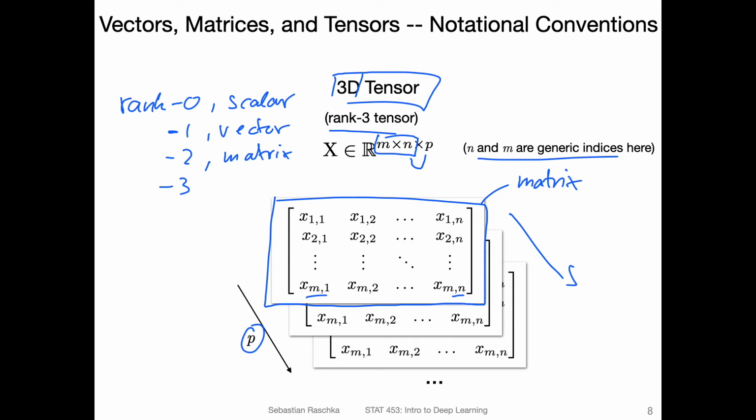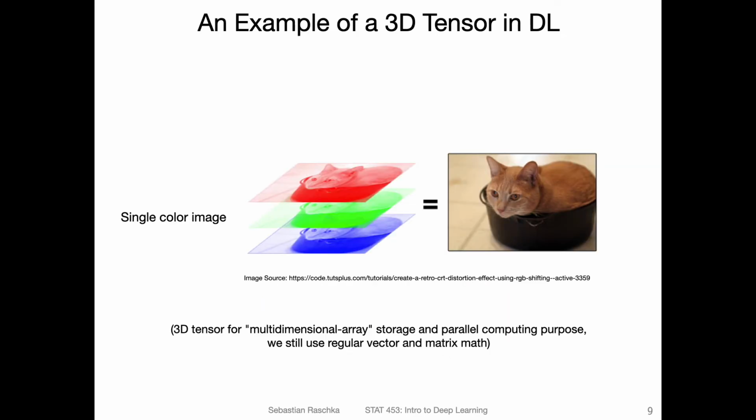I was just using m and p because they are commonly used. But here, don't think of them as training examples or features. They're just generic terms here, or letters. So in practice, where we encounter these 3D tensors in deep learning is, for example, when we work with image